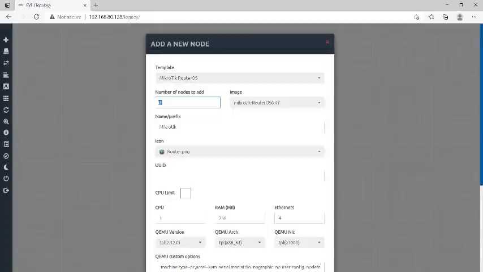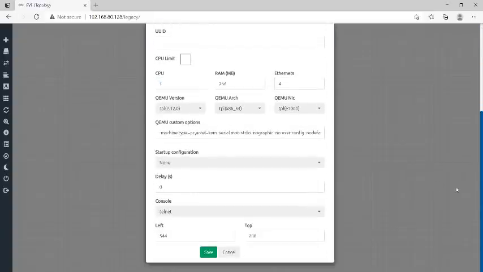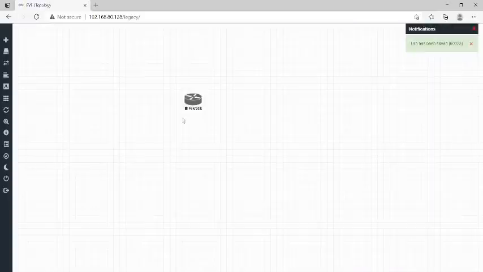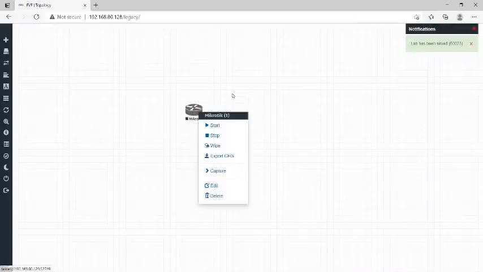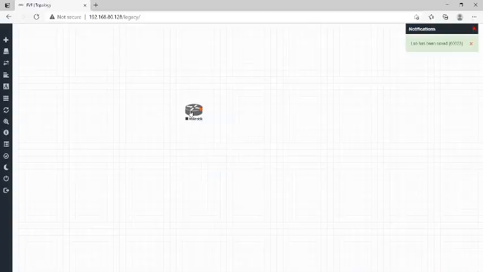Just click on it, and here you have to put the number of MikroTik router boards you want to get access to. I want to get access to one router only, so the one is the default here, and it will show you the OS version. I have installed this version only, and you can upgrade it after getting access. Here you can change the RAM or Ethernet ports or CPU, whatever you want to modify according to your configuration. So I'm just going to click on save, and here you can see the MikroTik is here now, and we can start our configuration.